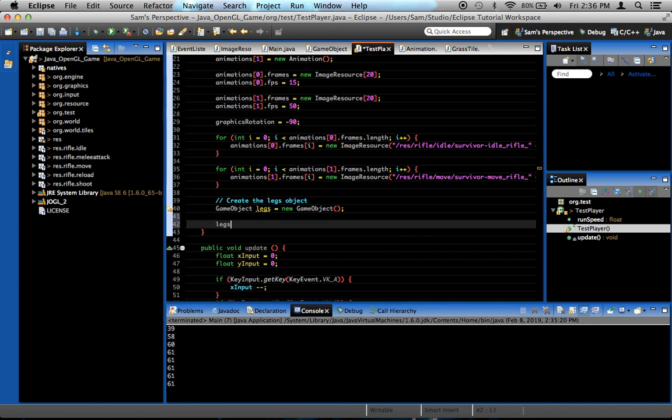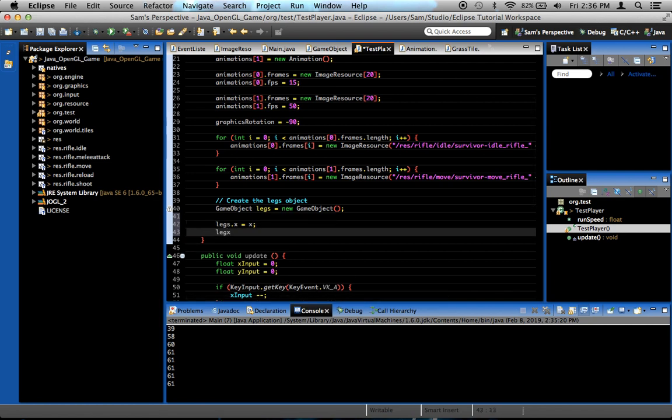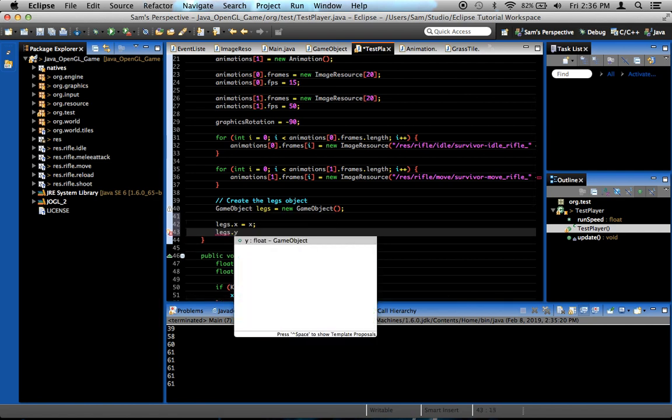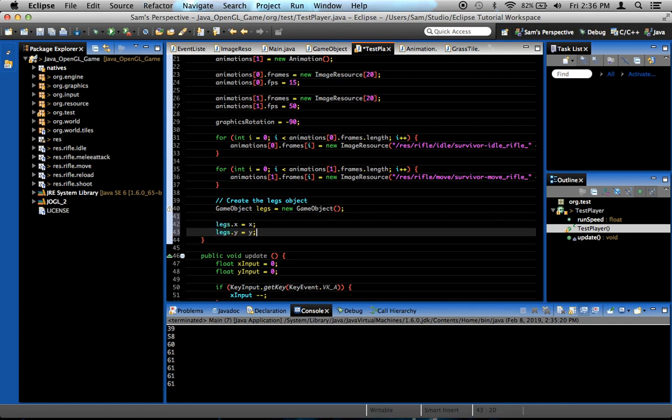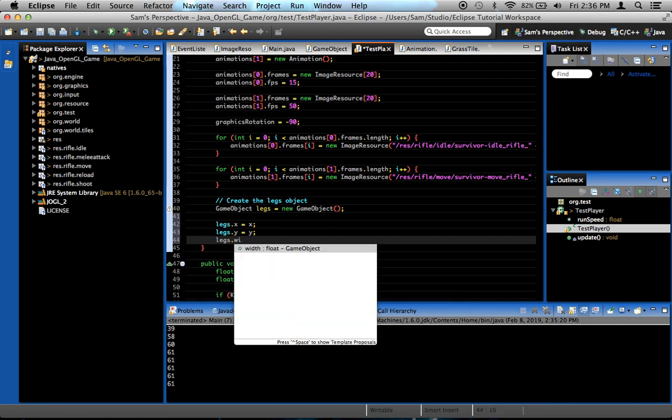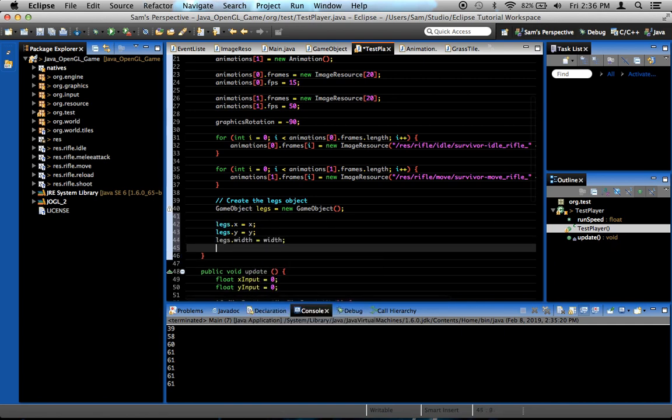We're going to say legs.x equals x, and legs.y equals y. Legs.width equals width, and legs.height equals height. This ensures that the object is, as far as size and position goes, identical to the current object, which is TestPlayer. So we do that, and now,